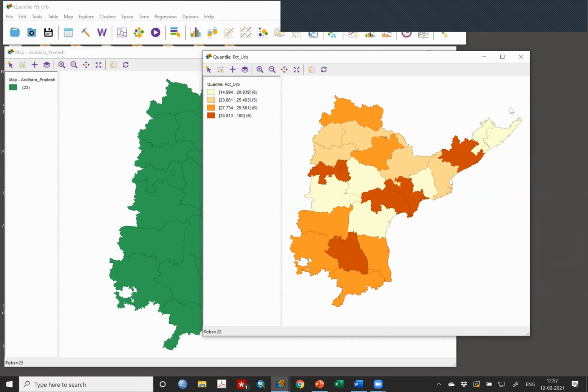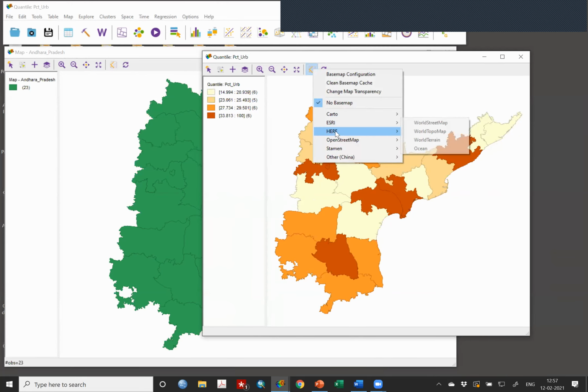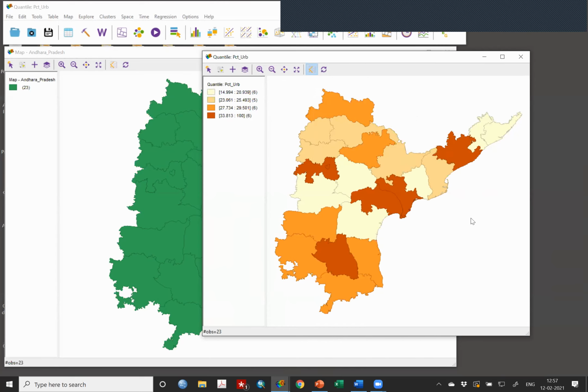How do I find it here? I can add my base map in order to understand the geography. Sometimes you don't know where they are located. For example, I add here this one, which is the better one I found. Or you can use Cartolite; Cartolite also is good.